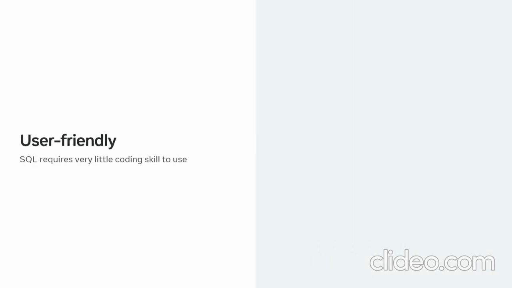Let's look at a few of them. The biggest advantage of SQL is that it requires very little coding skills to use. It's just a set of keywords. There aren't many lines of code required to perform basic CRUD operations, or add, create, update, and delete tasks on the database. So it's a very developer or user-friendly language. SQL's interactivity makes it even more user-friendly because it lets developers write complex queries in a short space of time. So if you need to work with relational databases for your next project, you just need to know what keywords